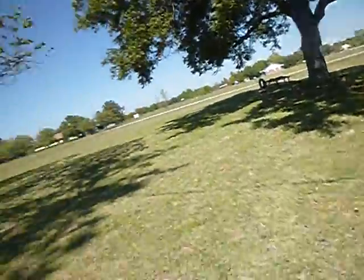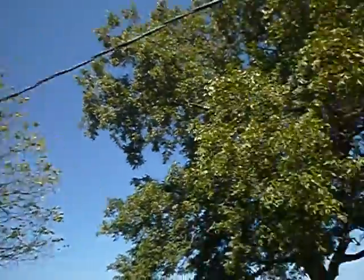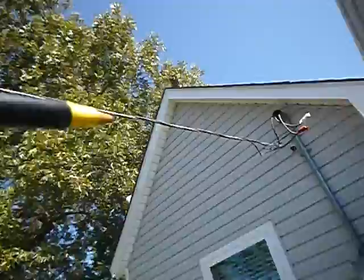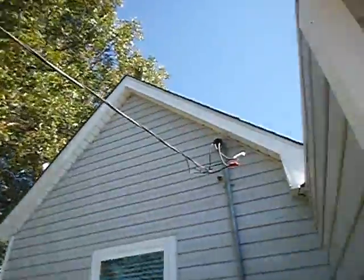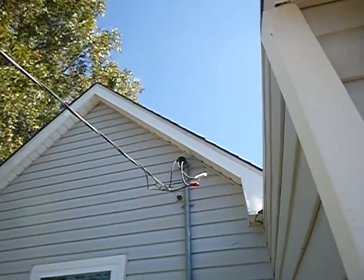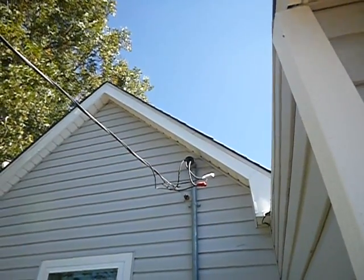I mean, it is. This is called the service drop. This electric cable bringing electricity into the house to the weather mast. And some people call it the bell head or the...